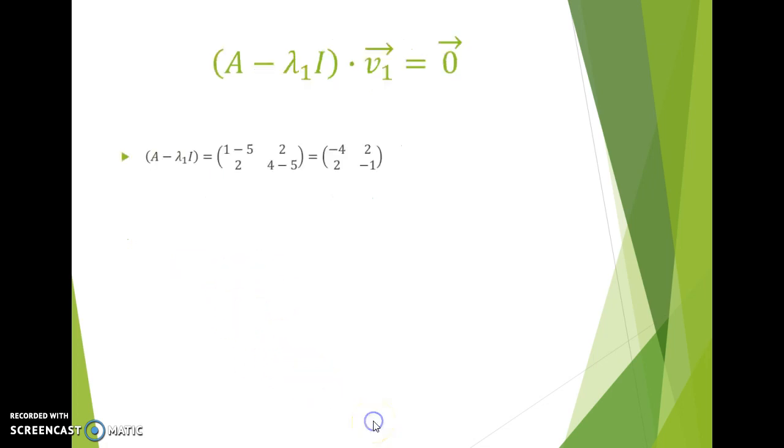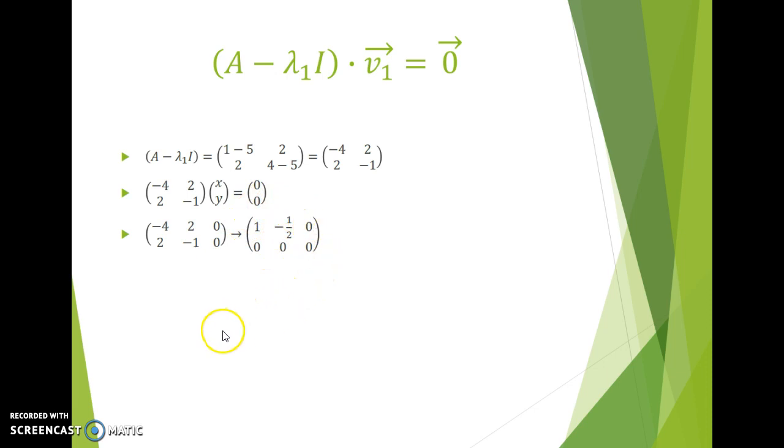Okay, now I need to compute the eigenvectors. All right, so the way I'm going to do this is, once again, I'm going to recompute A minus lambda I, but I know that lambda 1 is going to be 5, and I'm going to start solving for v1. So if I do that, 1 minus 5, 4 minus 5, that changes these two diagonals. I get this matrix times v1. Now v1 just contains components, x and y, and the 0 vector is just 0, 0. So I'm going to form the Gaussian matrix, 4, 2, 0, 2, negative 1, 0. I get 1, negative 1 half, 0, 0, 0, 0 when I do the reduced row echelon form version,